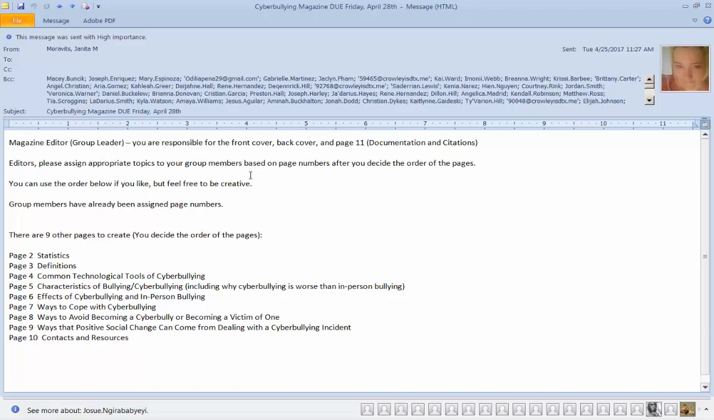Editors, please assign appropriate topics to your group members based on page numbers after you decide the order of the pages. You can use the order below if you like, but feel free to be creative. Your group members have already been assigned page numbers. When we sent those out originally, everybody got their page numbers. I gave you an order that you could use to set up your pages. If you like this, feel free to use it. If you want to change the order or do something differently, feel free to do so, but you're going to have to make that decision fairly quickly with your group because this needs to be finished and turned in by